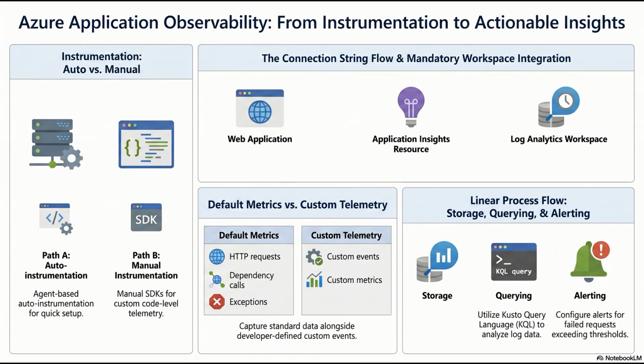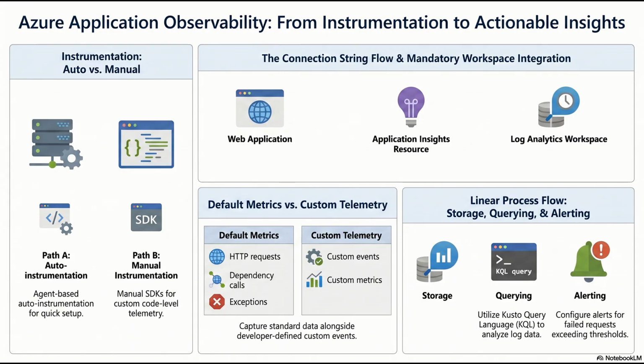The sources also highlight a feature inside Application Insights called Smart Detection. This seems entirely different from setting up static KQL queries or threshold limits. How does this work? Smart detection is a fundamental shift from static rule-based alerting to machine learning-driven baselining. When you connect Application Insights, it begins analyzing your application's telemetry over time to establish a dynamic baseline of normal behavior. Normal behavior. Right. It learns that your application typically has a 1% failure rate, and the database queries usually take 150 milliseconds. So it learns the rhythm of the application.